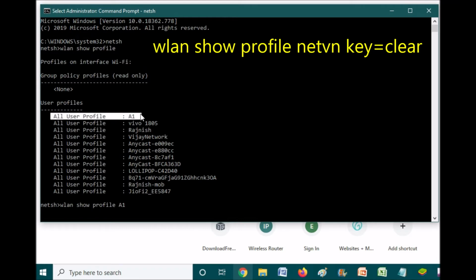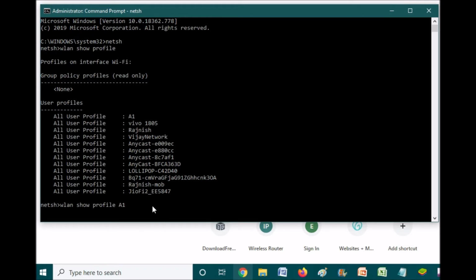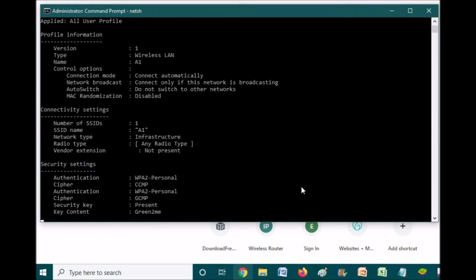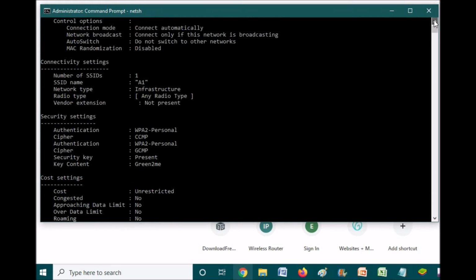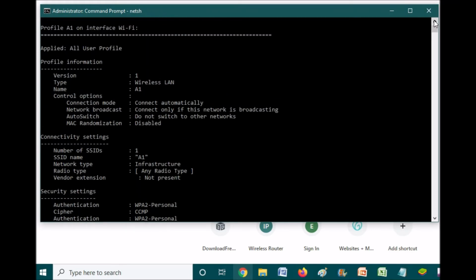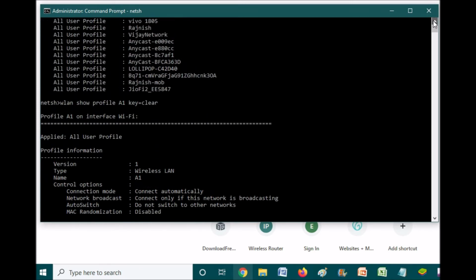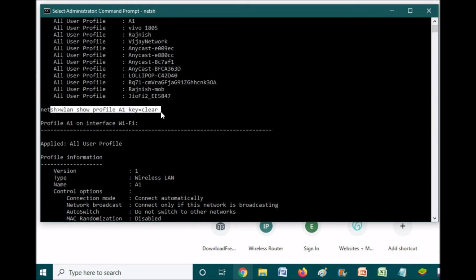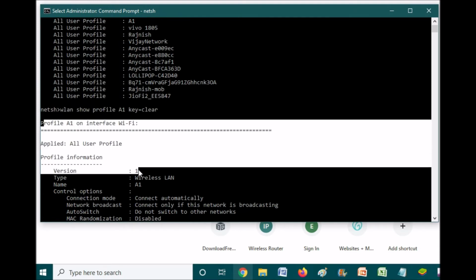I want to see this profile with key equal to clear. Now let us see. After the command, it opens up a profile.